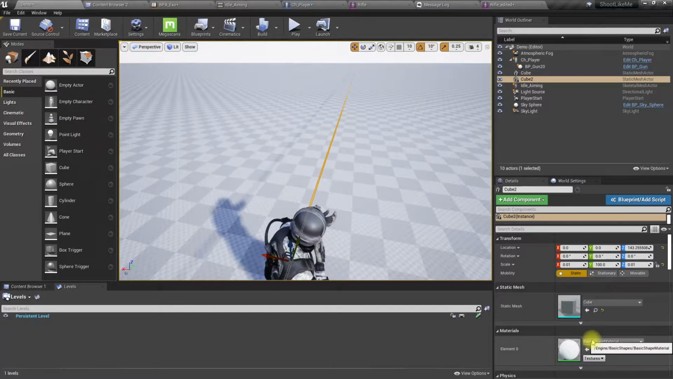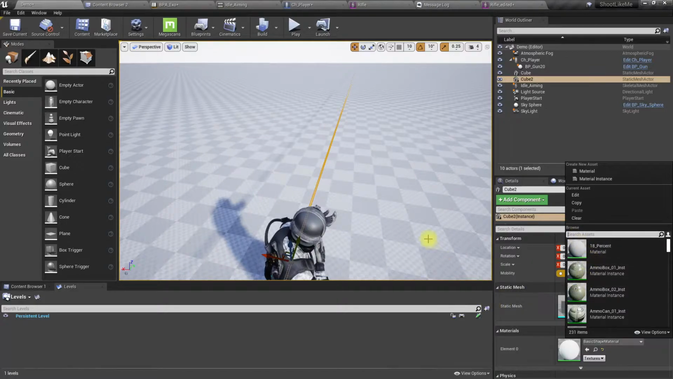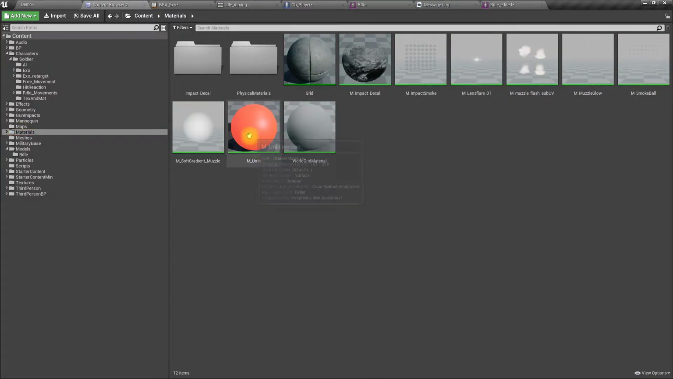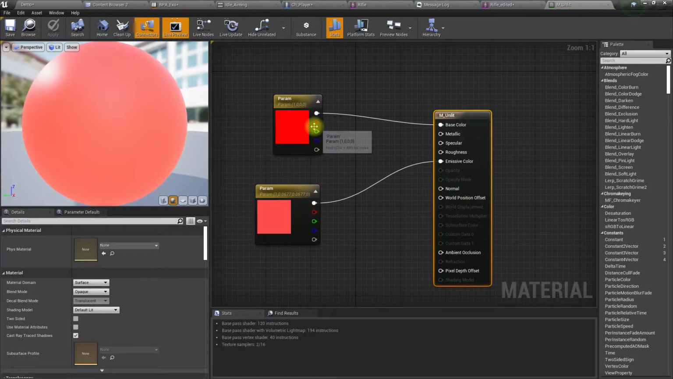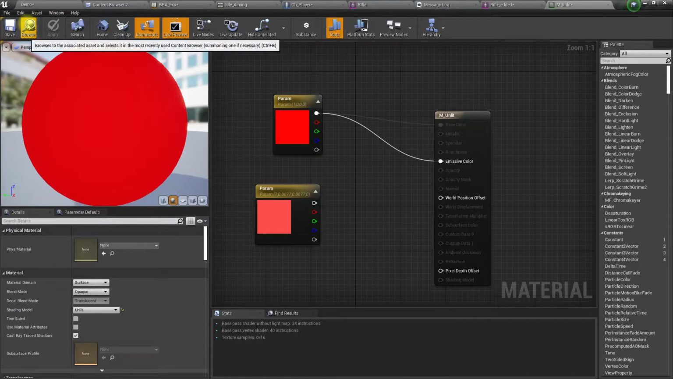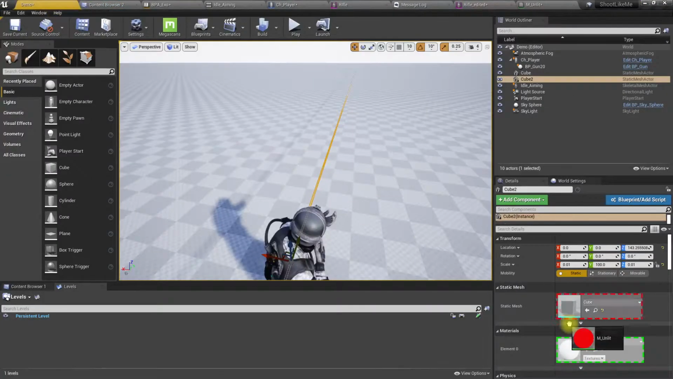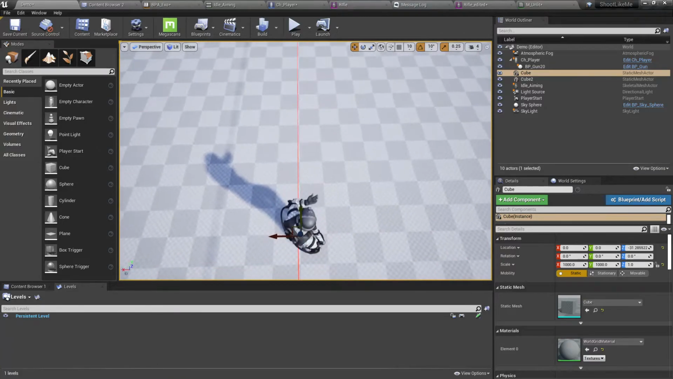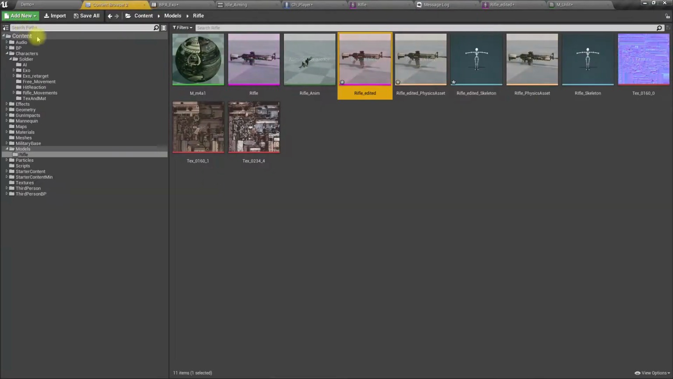So to make this more visible, let's see if we have an unlit variable material. Let's make this one completely unlit, and let's use this material in this place. Right, now this is the forward of the character, and let's drag and drop this rifle